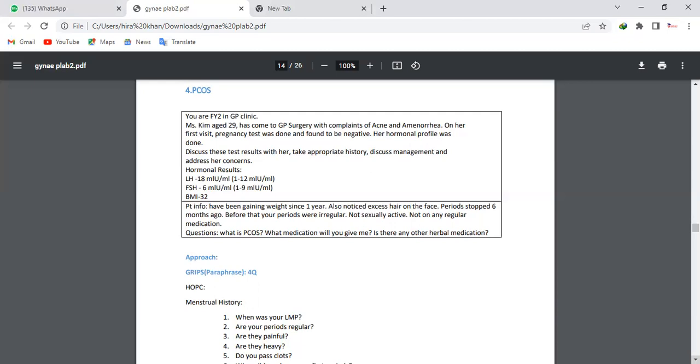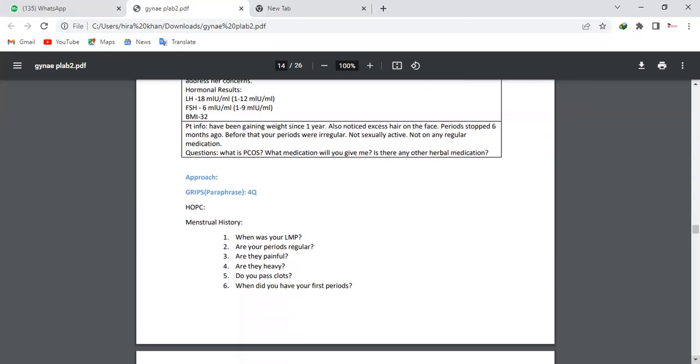Now, the patient info is she has been gaining weight for 1 year. Also noted excess hair on the face. Period stopped 6 months back. Before that, periods were irregular, not sexually active, not on any regular medication. Question: what is PCOS? What medication will you give? And is there any herbal medication available? Now